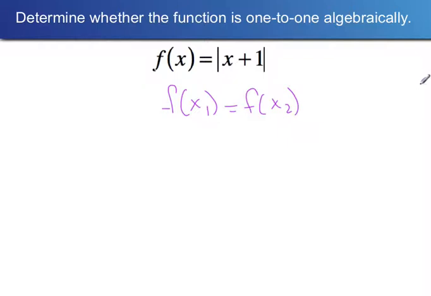So I'm going to test this by looking at f of x1 and saying it's equal to f of x2. And if I find, after I do some algebra, that x1 must be equal to x2, then I'm going to know that it's a one-to-one function. If, on the other hand, I get two different values for x1, then I'm going to conclude that it is